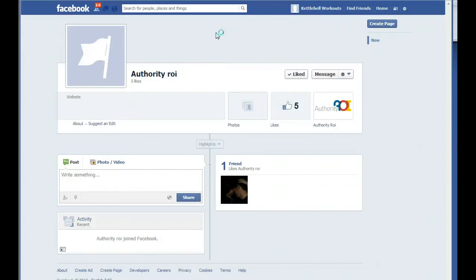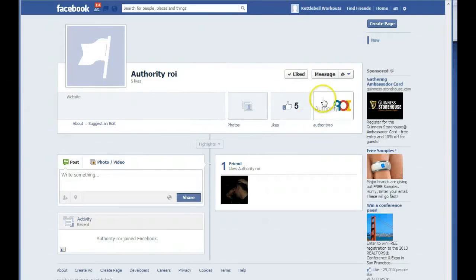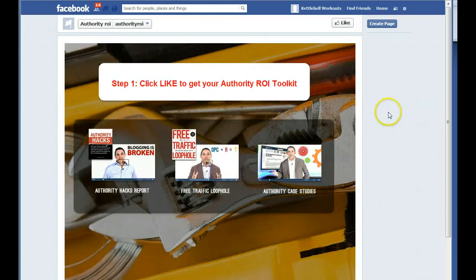So this is a test page I set up. Here we've got the app, so I'm just going to unlike it first. So click here, and see the first part is it's going to ask you to click like. Now this could be anything at all you want. You could have videos here, you could have like buttons, you could have comments, anything you want at all. This is just a particular demo I've set up. So we click like,